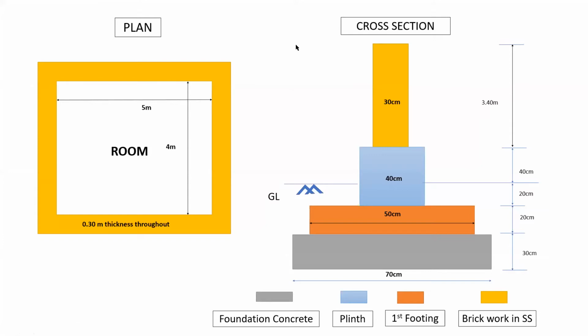Very good. Consider one directional wall as long wall and the other direction as short wall. Whichever is longer and whichever is shorter. Very good. I'm getting answers also. So for the given plan of the building, we need to consider one directional wall as long wall and the other directional wall as short wall. So in this case, what will be the long wall and what will be the short wall?